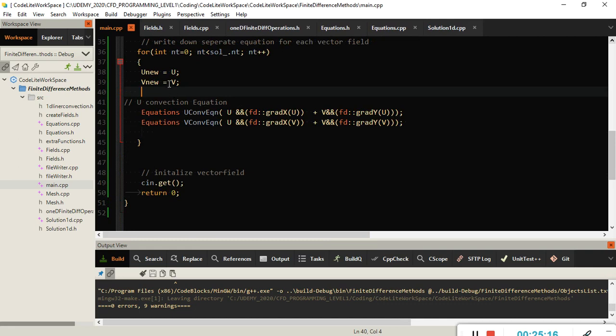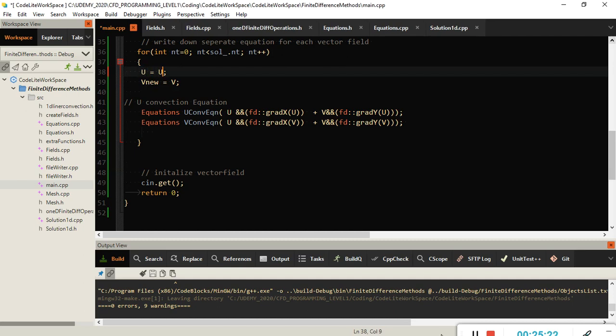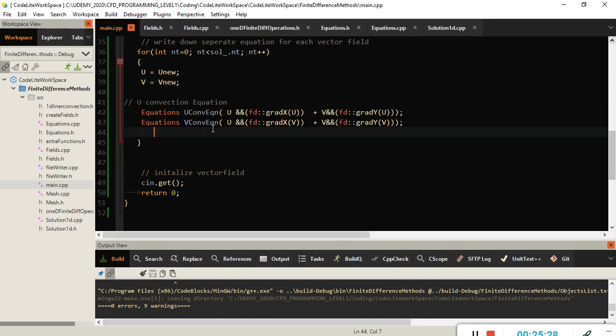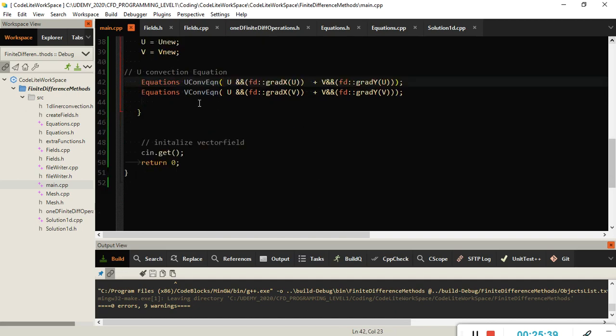Sorry, that's not correct. U will be equal to u new and v will be equal to v new. And now we have found a way to pass the methods or store the old velocities, and we need to write